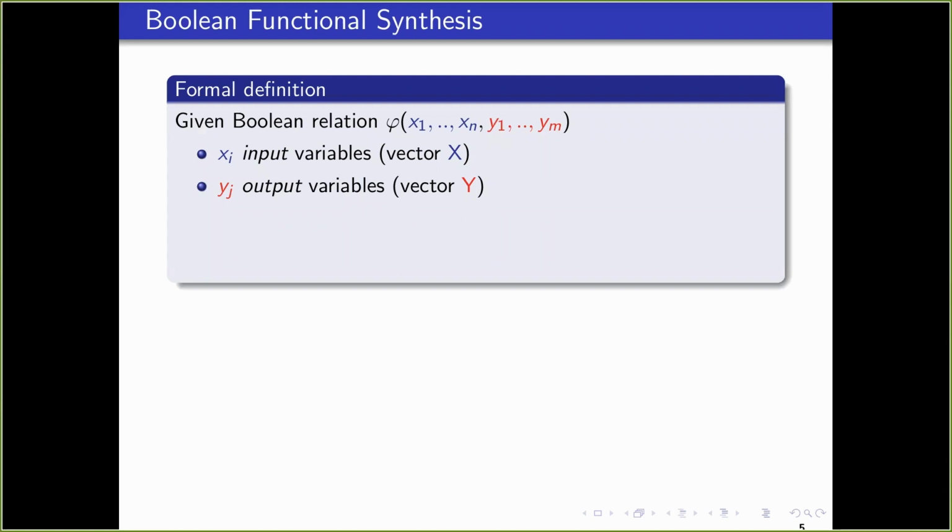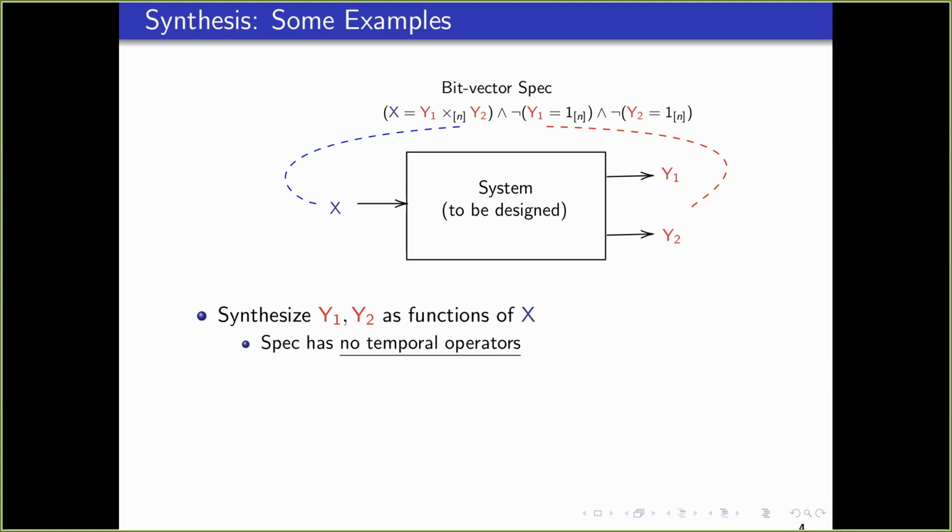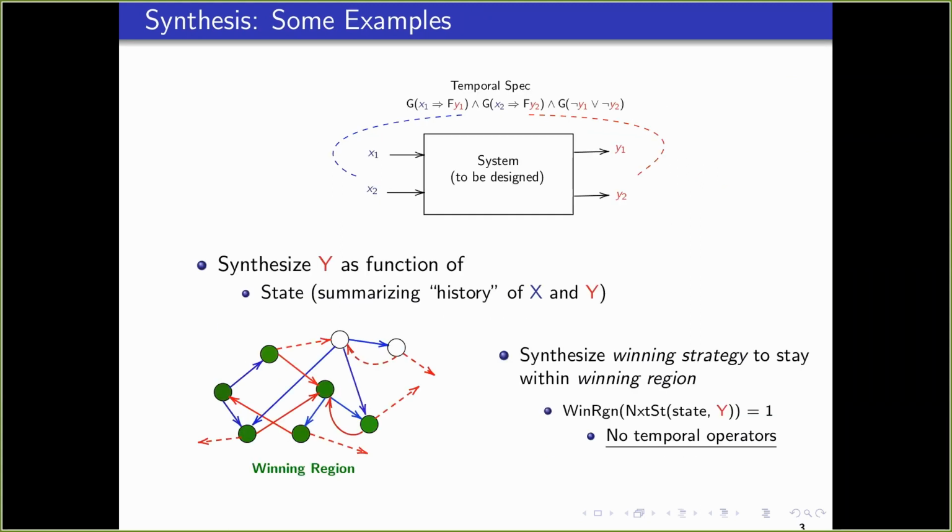Supratik, in that example about the arbiter, one trivial solution seems to be that every state be in the winning region, but that is intuitively not correct. So I was not sure how you ruled out such wrong solutions. Every state in the winning region would be a wrong solution, but the formulation on the right seems to admit that, unless I'm missing something. But it has to satisfy the specification. How did you encode that in that?